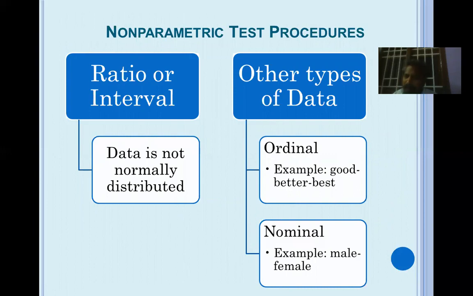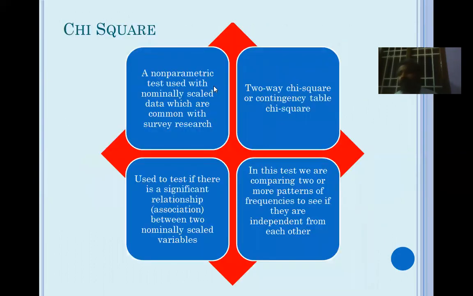What about the non-parametric tests? As I told you, when your data is in ordinal or nominal form, you can conduct non-parametric tests. Or when your data is in numbers but it is not normally distributed, then also you have to conduct only non-parametric tests. Okay, fine. What are they? One is chi-squared, the most widely used statistical test for hypotheses. When your data is nominal or ordinal, you can go for chi-squared.